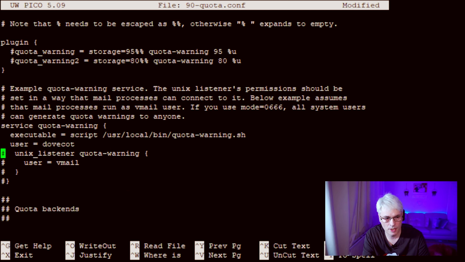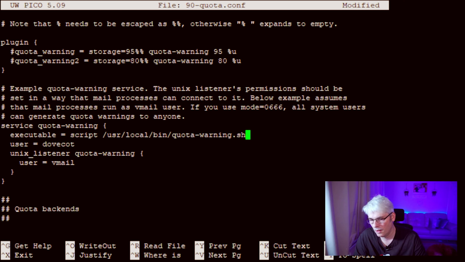We want to just uncomment most of these because we'll be using them. So the script, user local bin quota warning, it's correct. Dovecot, yeah, quota warning, and user is vscan, not vmail. Okay. At the end of the file,